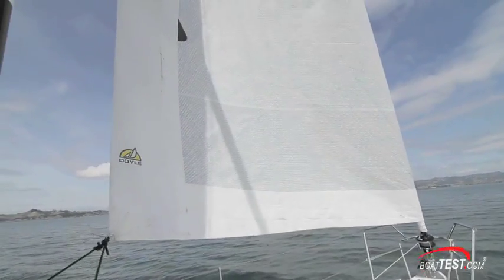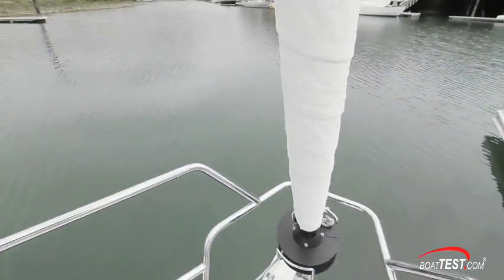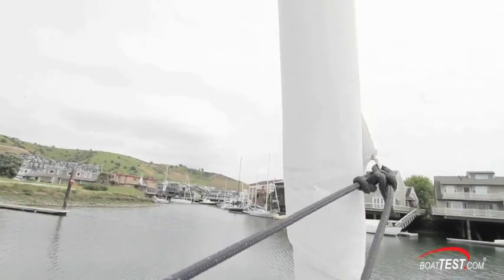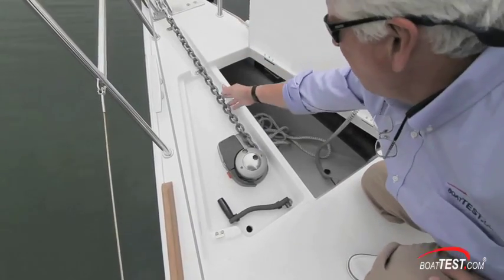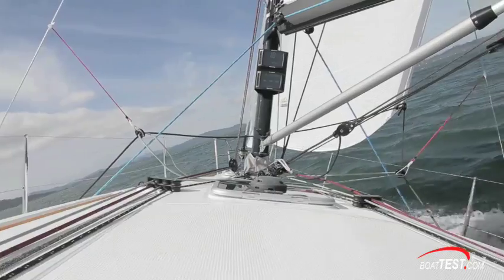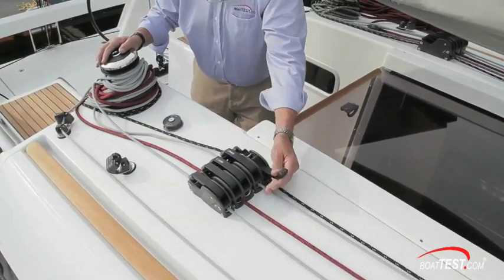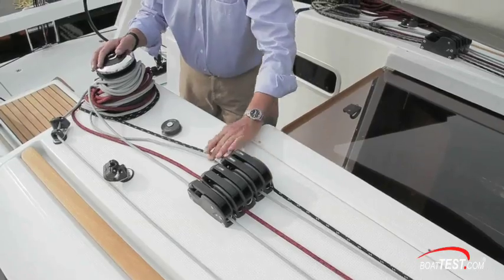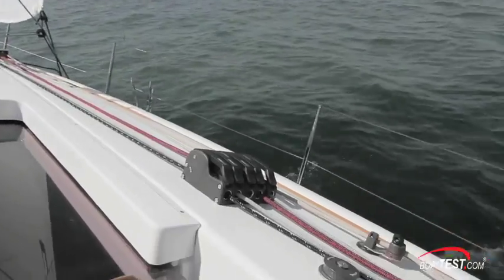An owner who is solely interested in racing would gain more performance by eliminating the roller furler, increasing sail area and speed potential. A dual-purpose feature is the recessed anchor windlass with concealed chain rode feed tube. Whether one is racing or cruising, having the main control lines led aft from the mast to the companionway is a plus. Everything is within reach, led through a bank of jammers on both the port and starboard sides to